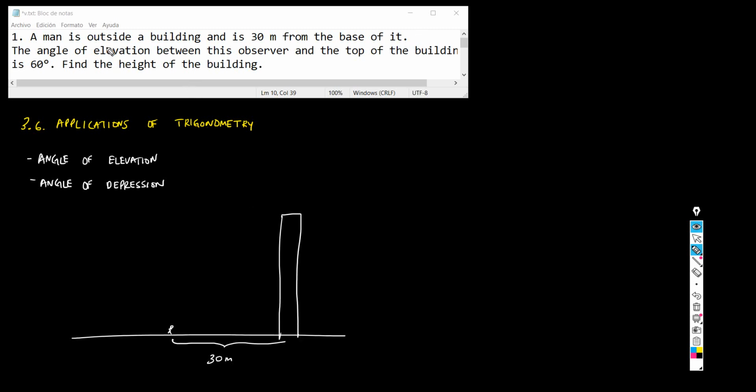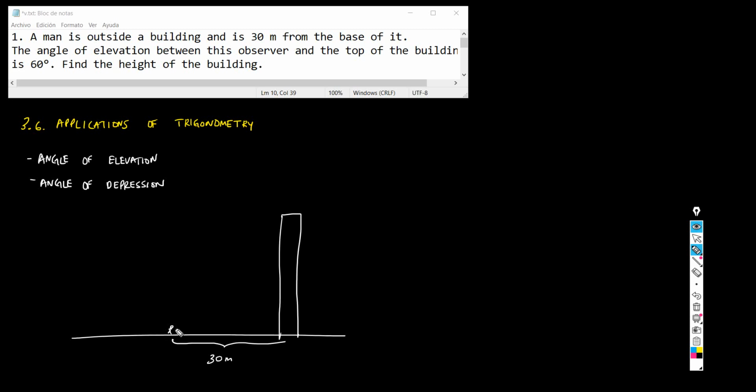Okay, what else do we have? The angle of elevation between this observer and the top of the building is 60 degrees. So the angle of elevation between this observer, between his eyes and the top of the building is 60 degrees. Now, we can actually make here an accommodation or an assumption. I'm gonna say that the man is small enough